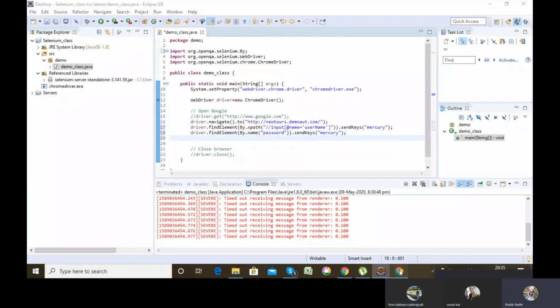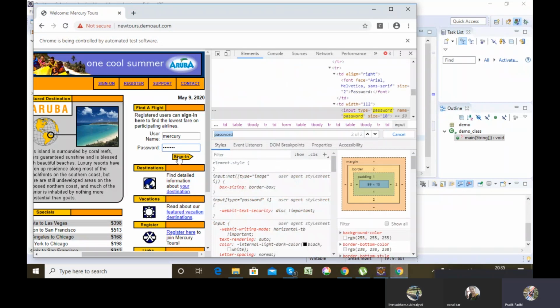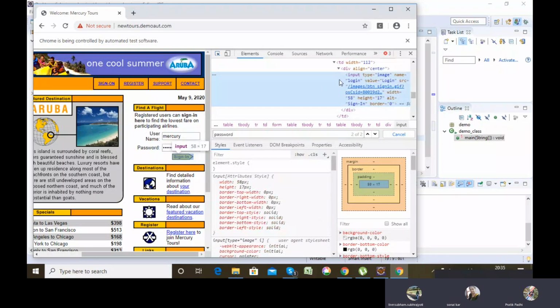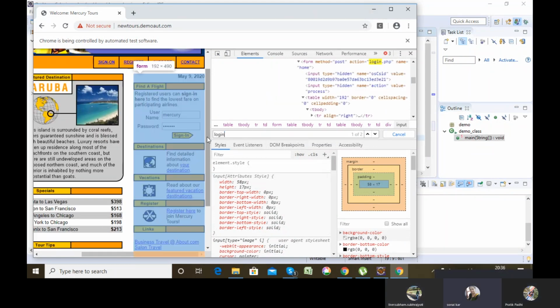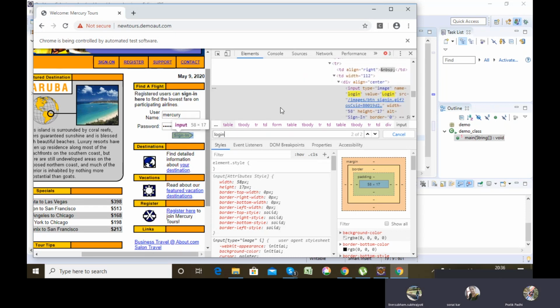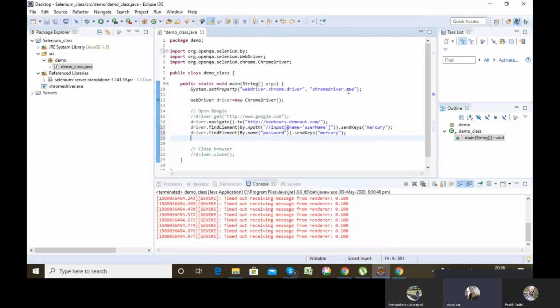Now the operation I want to do is click on this button. Sir, repeat the password line. What didn't you understand? We haven't used XPath.